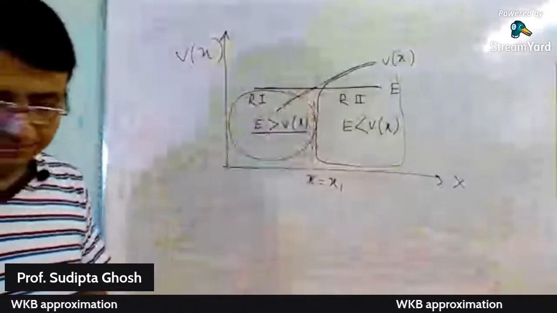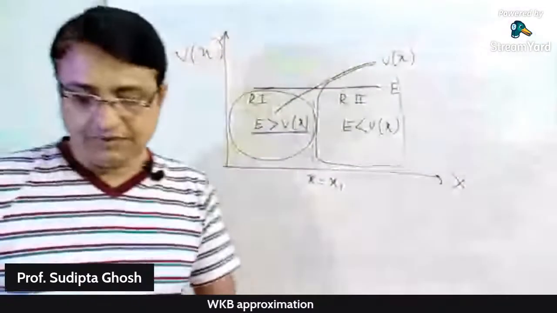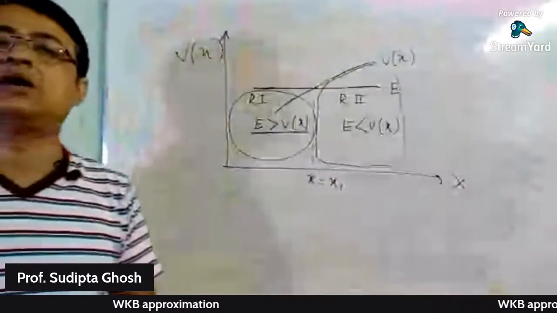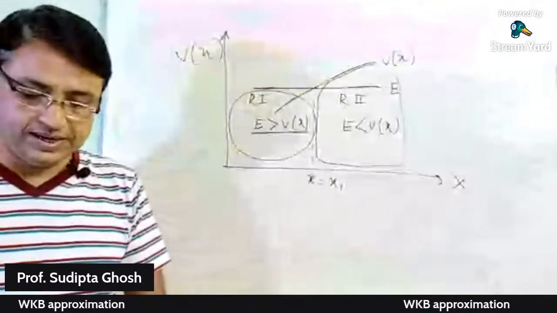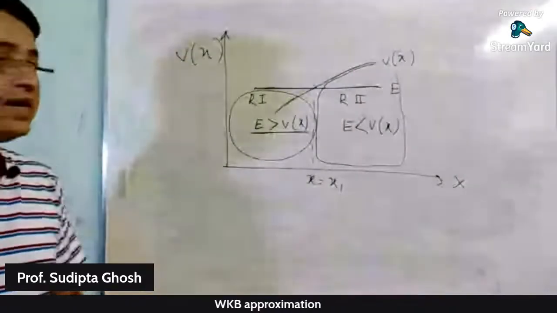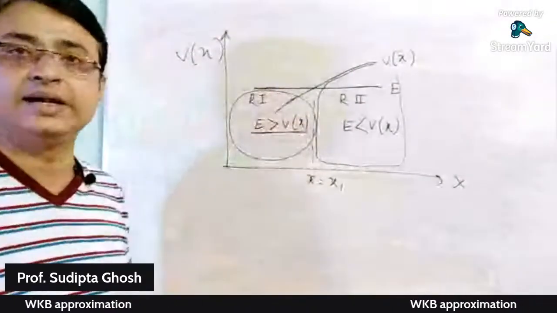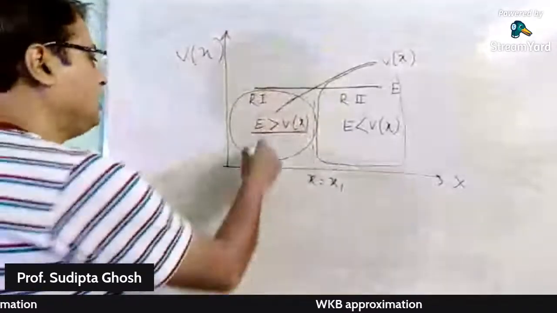So what happened? In this figure, a particle of energy E encounters a potential V(x). Now region 1 is where E is greater than V(x), that is, the energy of the particle is greater than the potential of the particle,